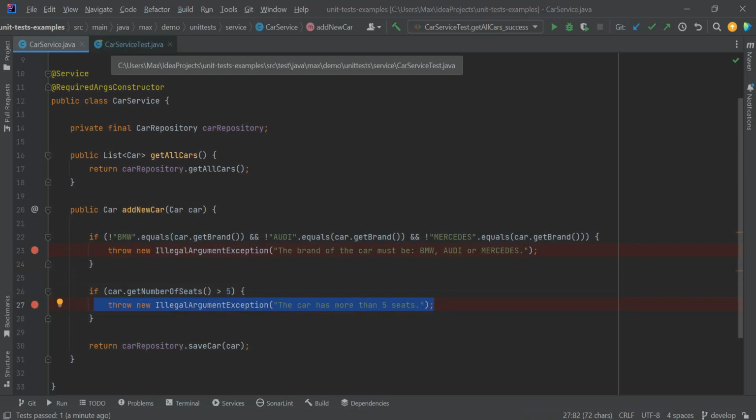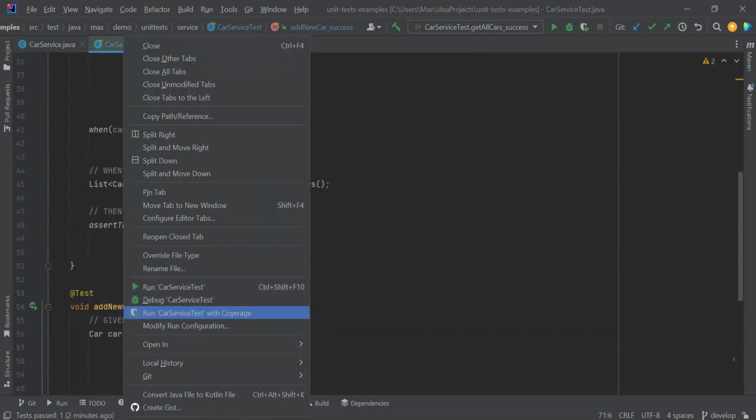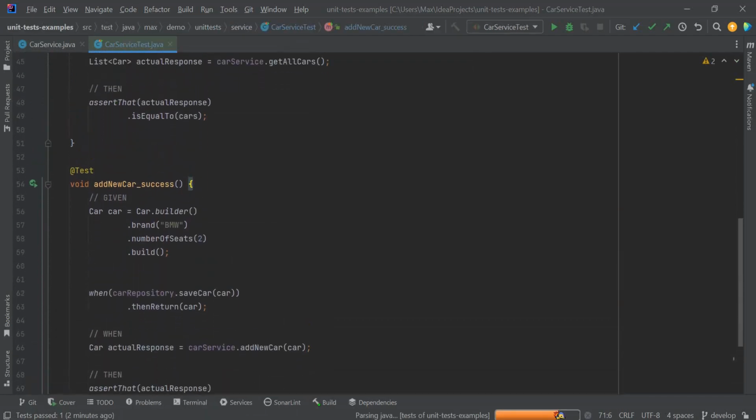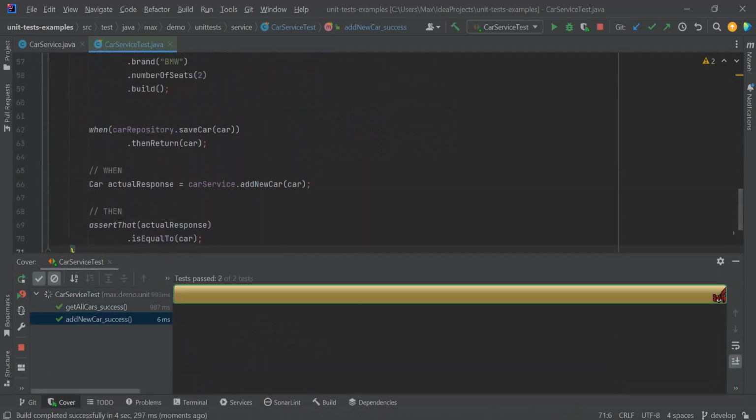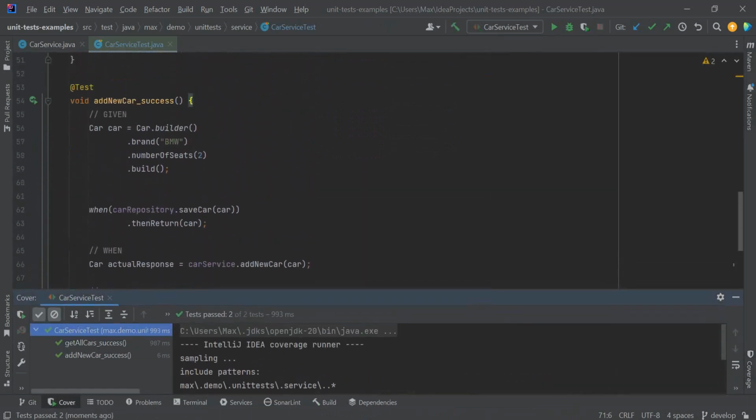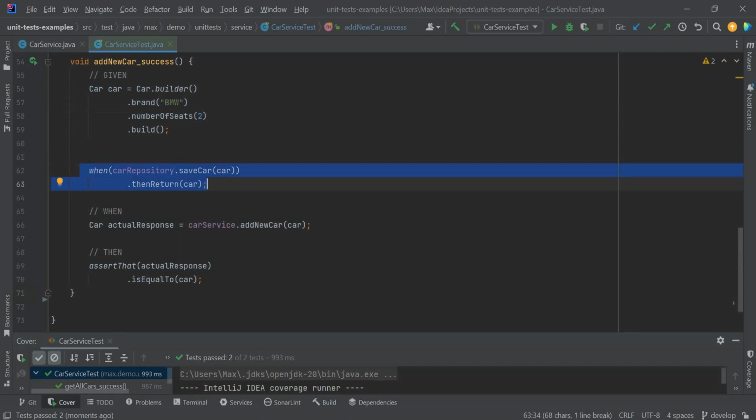So this is an issue when it comes to code coverage. What is code coverage? Let me show you. We will run this unit test right now with coverage. As you saw, we are having the get all cars method tested, and we are also having the happy path tested for the add new car method. So we have a car that is a BMW, the first validation is a success, the number of seats is lower than 5, we mock the repository call, then we call the actual method that we want to unit test